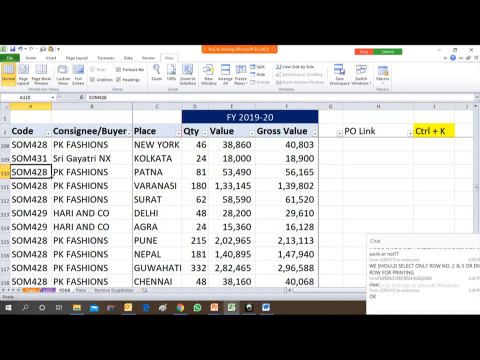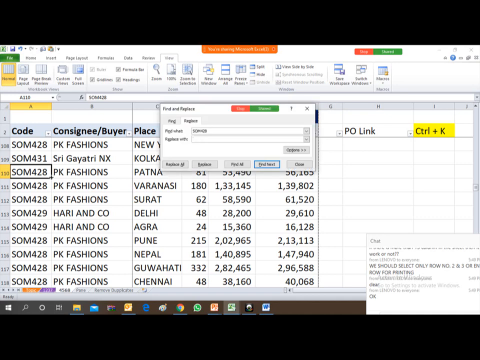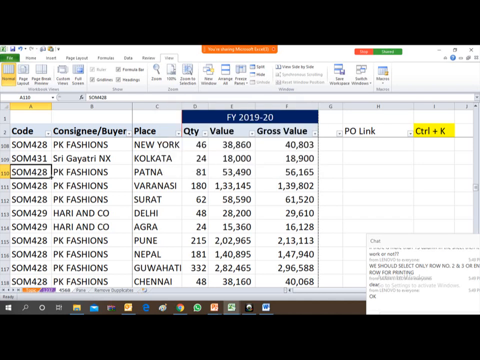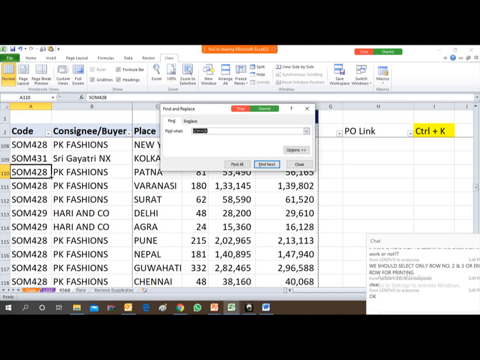You can go directly with Control H. If you use Control H, you can directly go to the replace function, but sometimes many friends use Control F, then this dialog box appears, then someone presses the replace button and goes to find and replace. So friends, the direct command is Control H. By this command you can bring up the find and replace dialog box directly.